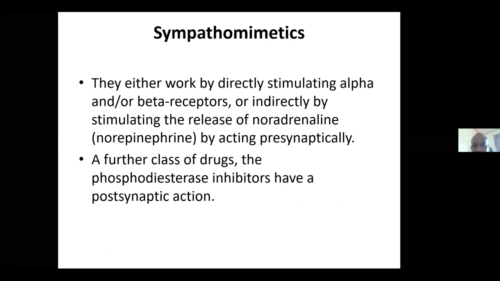Now, the sympathomimetics, these ones work by stimulating the alpha and beta receptors, okay? So I'm going to talk about the drugs. Remember, for the alpha-1 receptor, the end result is to increase norepinephrine. For the alpha-2 receptor, the end result is to decrease norepinephrine release. Both are G-coupled receptors, but when you stimulate alpha-1 you increase activity, whereas alpha-2